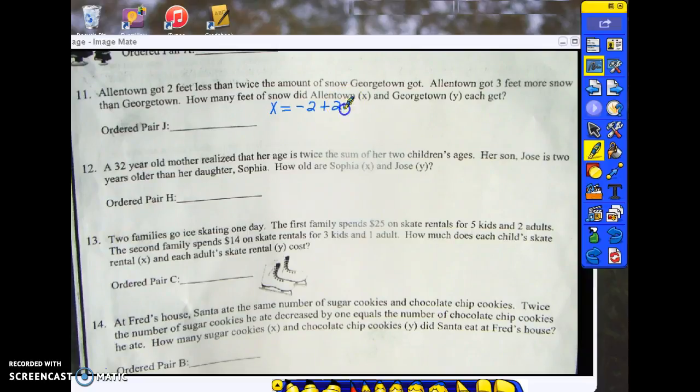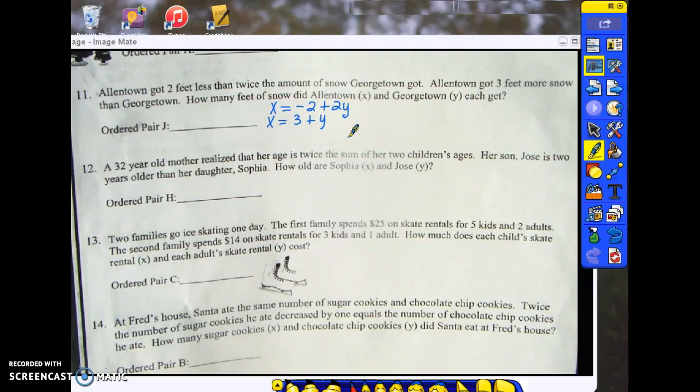So negative 2 plus 2y. Allentown got 3 feet more snow than Georgetown, so Allentown is still x. x is 3 more than Georgetown. So it's telling us that there is 2 less than twice as many, but it's only 3 more than what Georgetown got. Okay? So I'm going to take, because it's x equals negative 2 plus 2y, and it's x equals